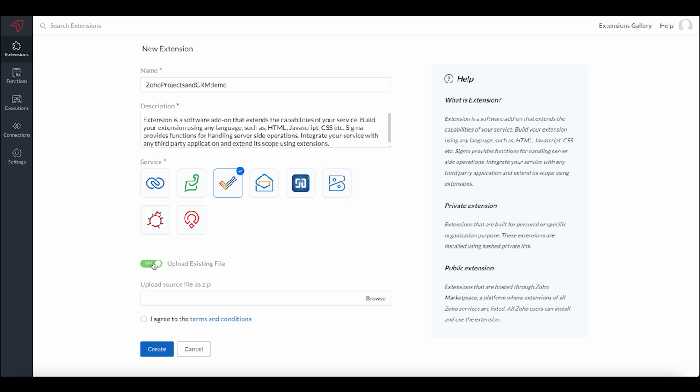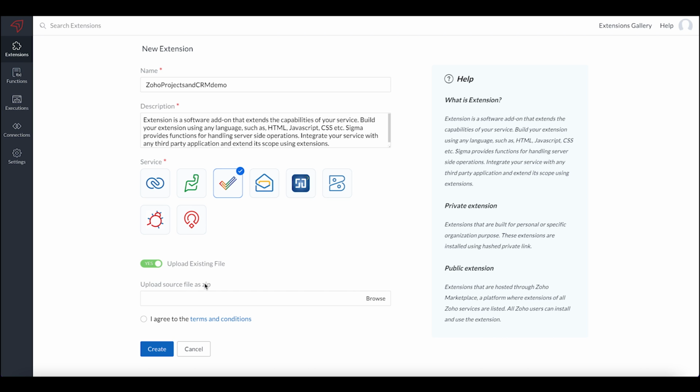And when we saw Zoho Desk, we saw that we had an option to create an extension through ZCLI, which was the Zoho Extension Toolkit command line interface. So you can build an extension through the ZCLI, pack that extension, and then the zipped file that you get out of packing the extension, you can upload through this browse option while building your extension for Zoho Desk.